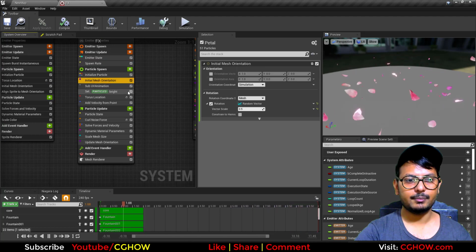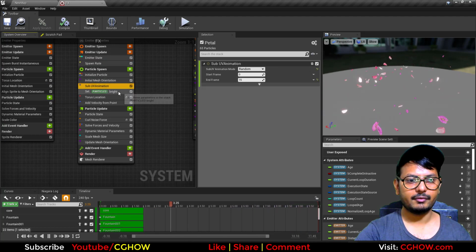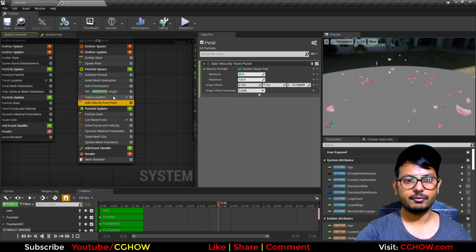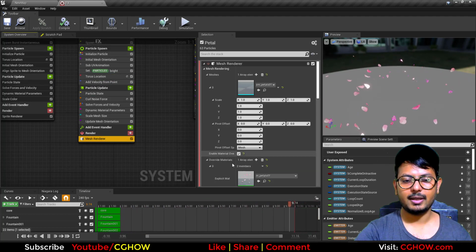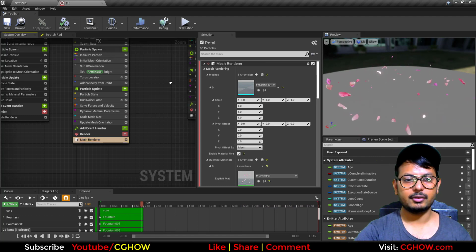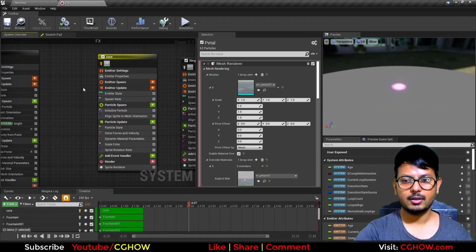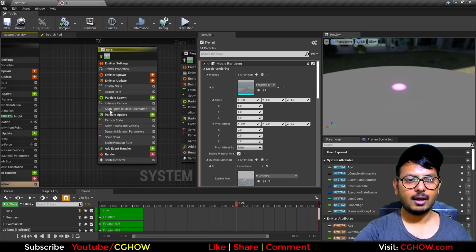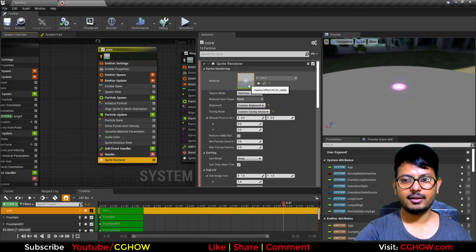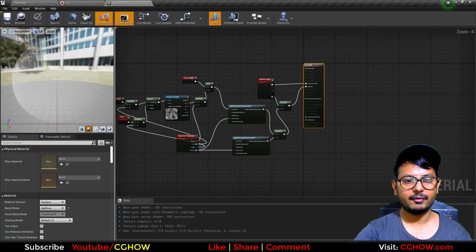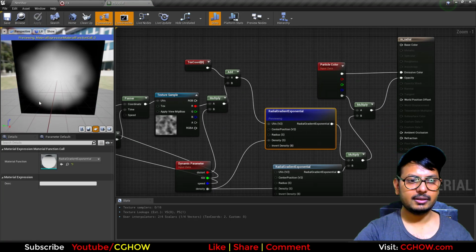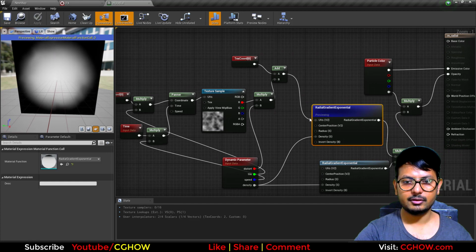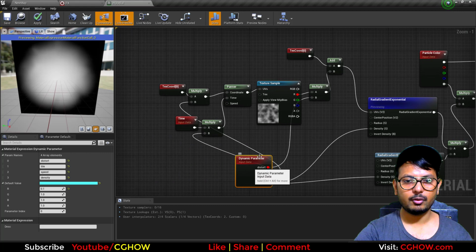You can see random rotation, SubUV 15 frame, velocity from point, torus location, some curl noise, same mesh, same material. So I have just created it. So now core. So for this core I have a radial ramp, and in this radial ramp I have different things. So if you see this one, I'm distorting the UVs, and I have a parameter for this